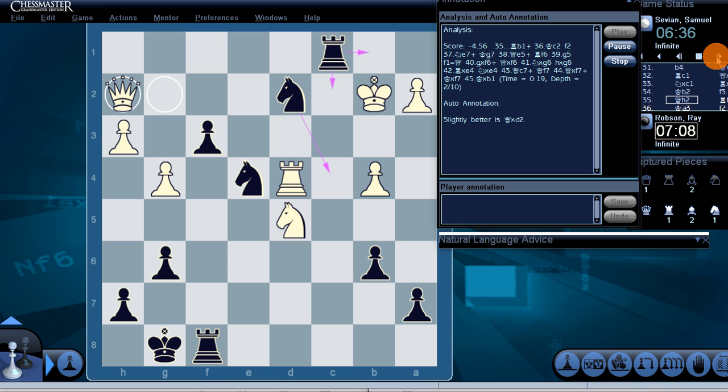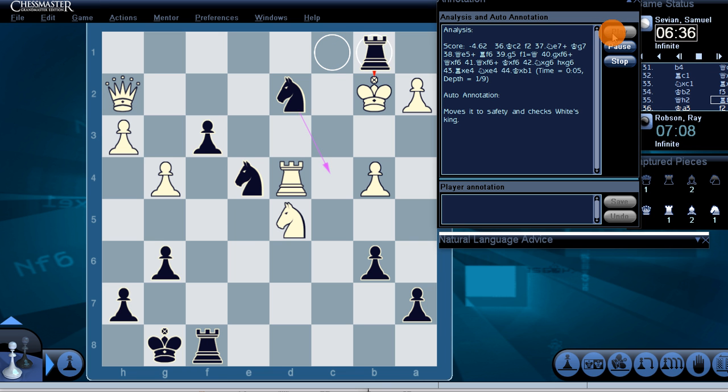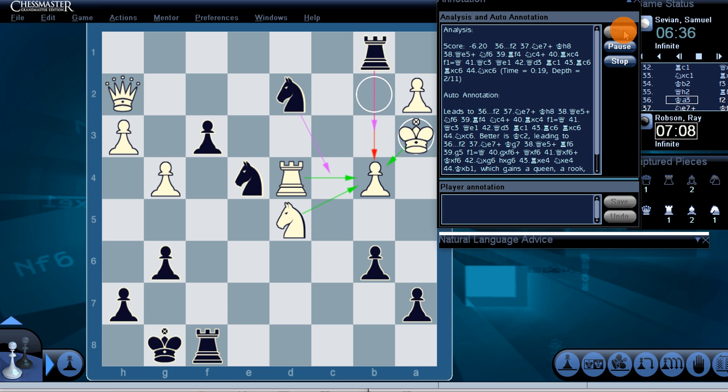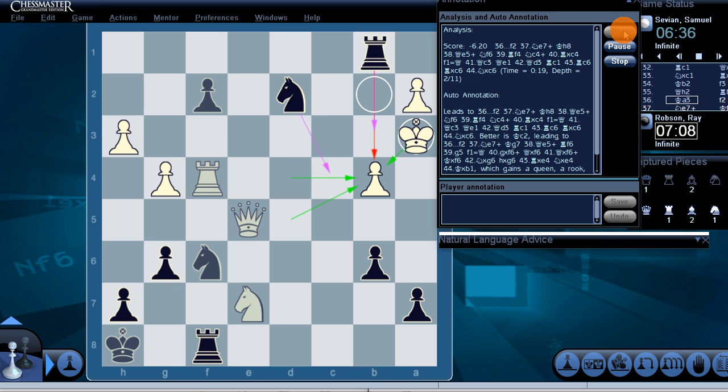Queen h2. Slightly better is queen takes d2. Rook b1, check, moves it to safety and checks White's king. King a3 leads to f2, knight e7, check, king h8, queen e5, check, knight f6, rook f4, knight c4, check,